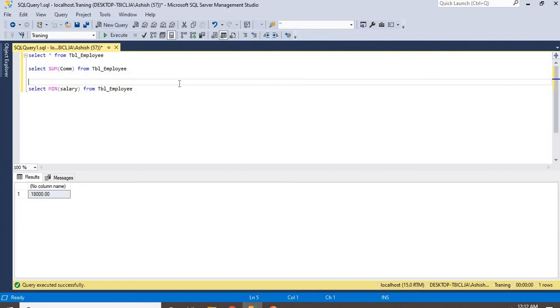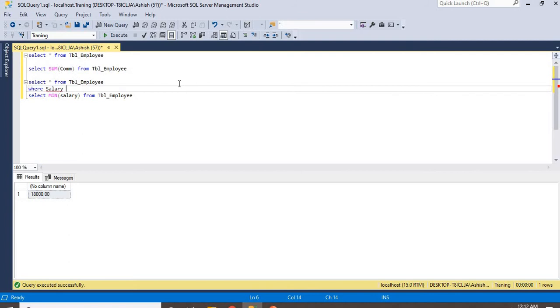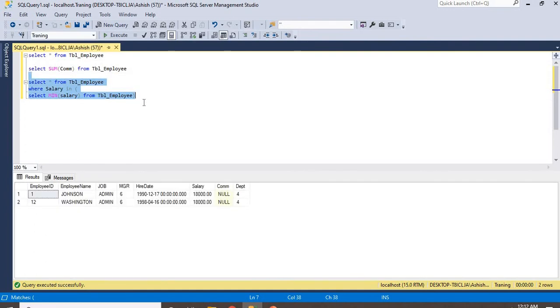Suppose you need to find who has the minimum salary in the employee table. You can write your where clause like this also.